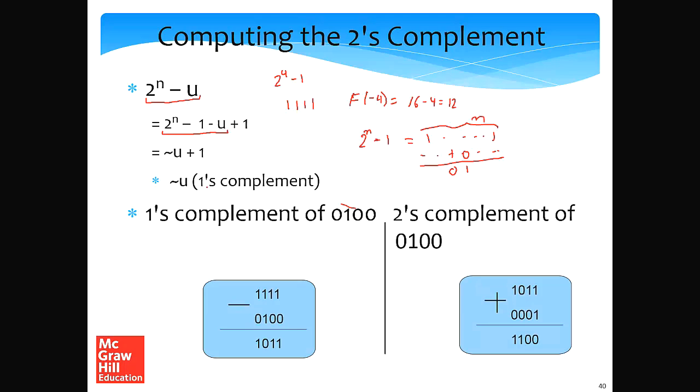So what we can do is take the 1's complement and add 1 to it, which is exactly what we get to see in this particular representation. This is a nice way in binary to actually get the 1's complement of a number and to add 1 to it. So for example, if we want to compute minus 4, we first find the complement and then add 1 to it, and this is the representation of minus 4.